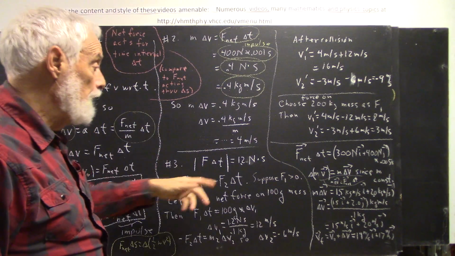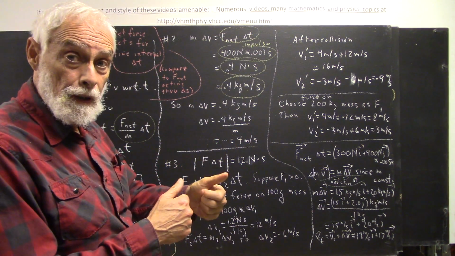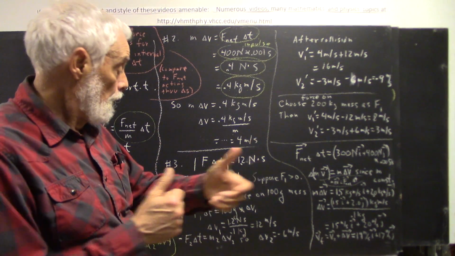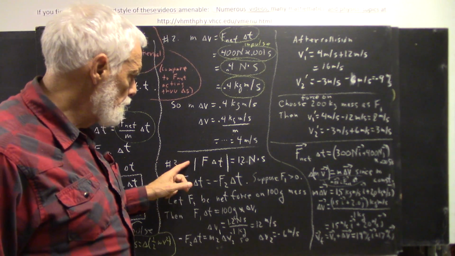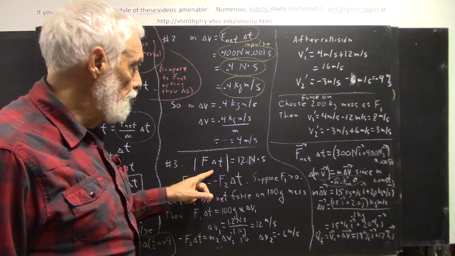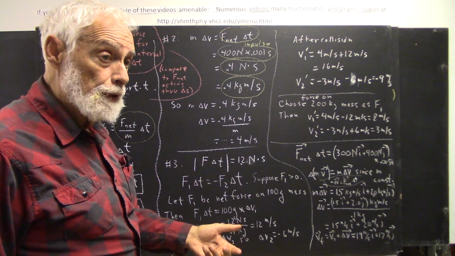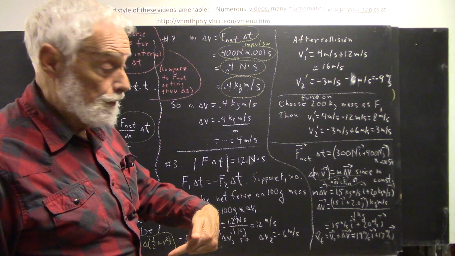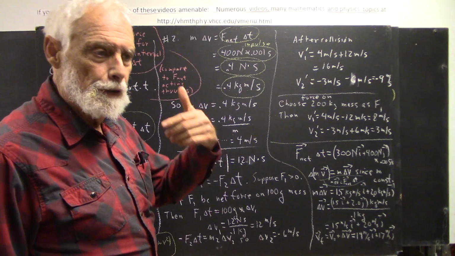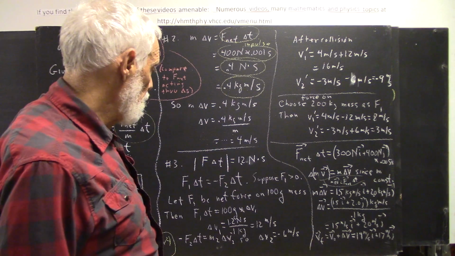Now, we have two objects interacting, and each object exerts a force on the other so that the two forces are equal and opposite, which is why I've got absolute value signs around this. For both objects, the magnitude of the impulse is 1.2 newton seconds. But for one object, the impulse is going to be in the direction opposite the impulse for the other. The impulse experienced by one object will be equal and opposite to the impulse experienced by the other, because